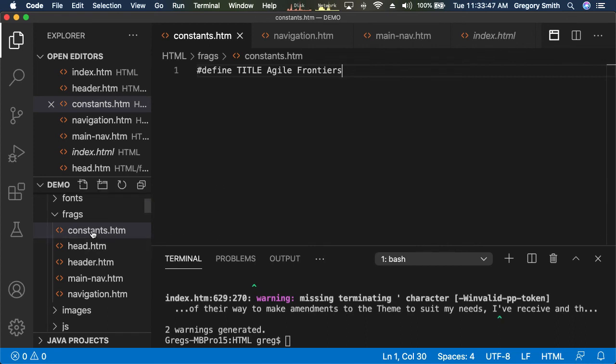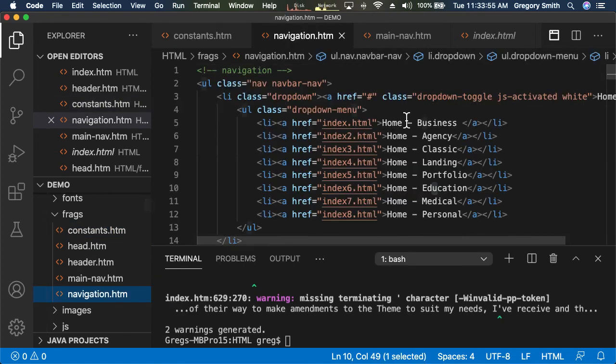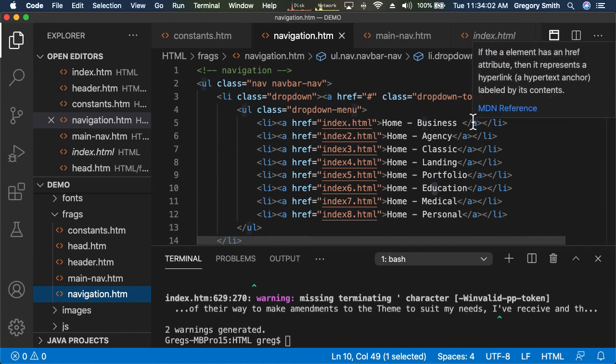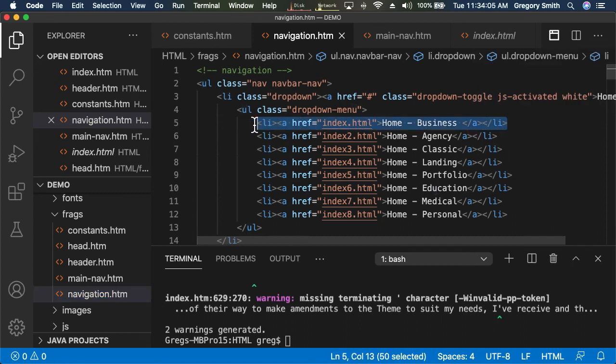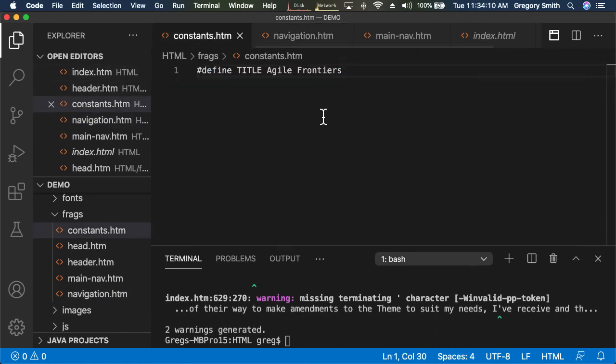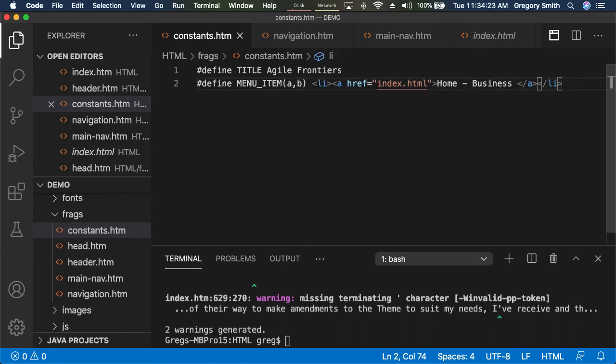So now you can see what's happening. We've got some nice little fragments here. If I want to modify the navigation, I would come here, so I know where my menus are. In fact, let's see if we can't create a macro for a menu item. Okay, so this is what a menu item looks like. Okay, let's copy that. And let's go to our constants, and I'm going to say #define